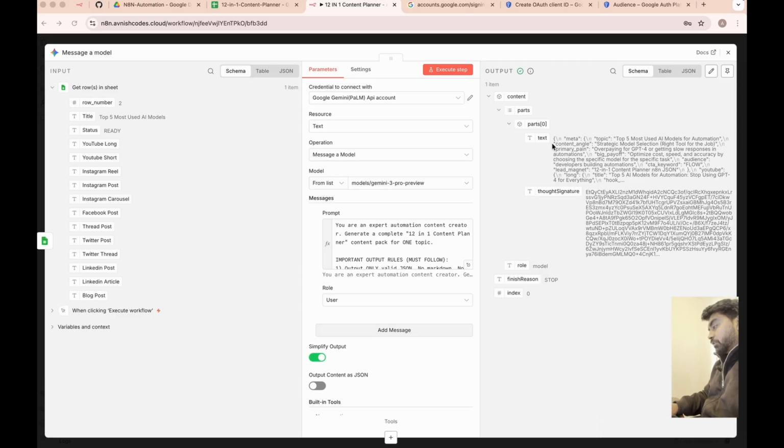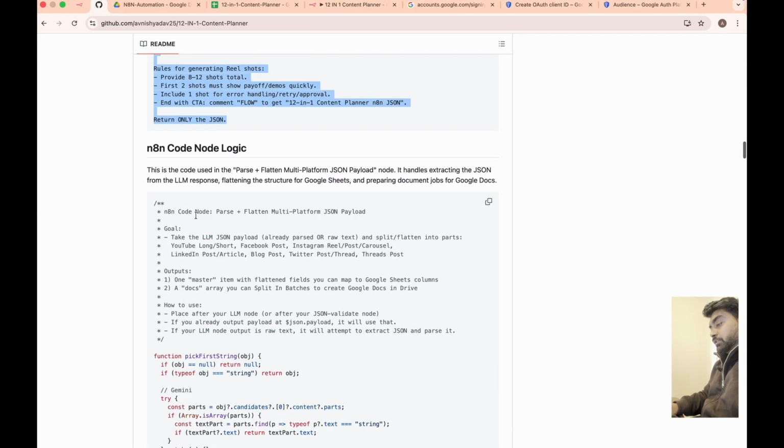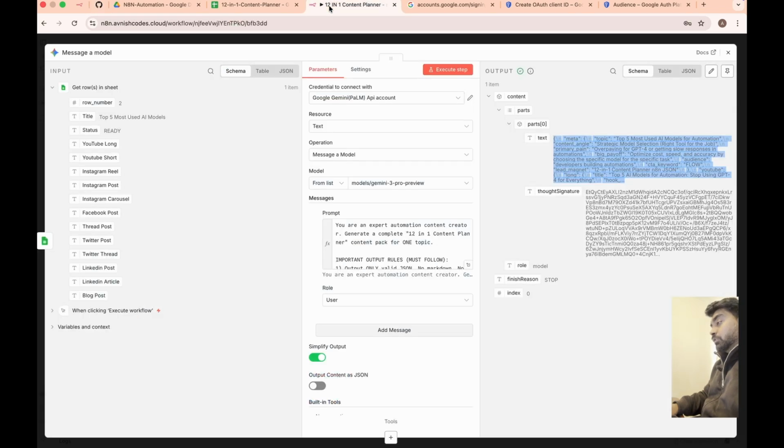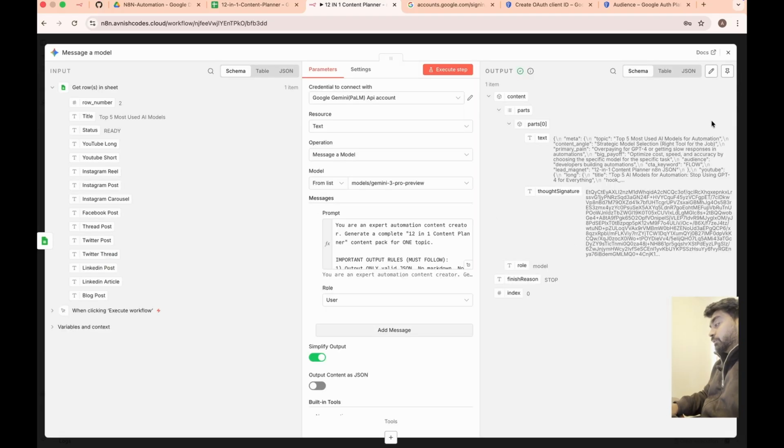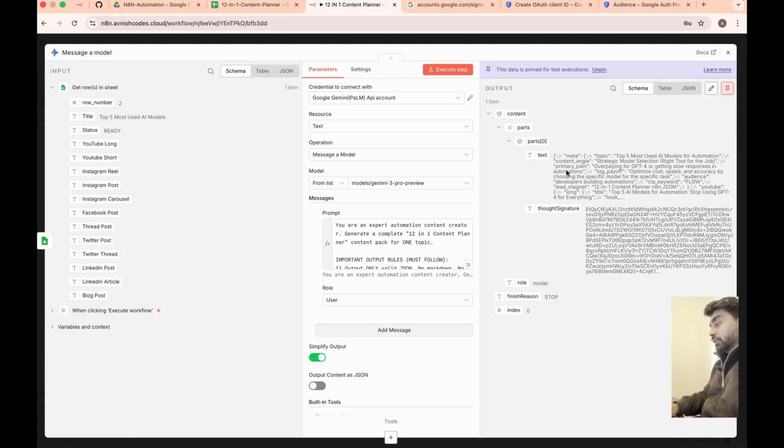So you see we get the response, and we get the response in JSON format. We need to parse it. For that I have added my code in the GitHub to parse it. You just have to go there and copy it. Open my GitHub, scroll down, and you will see this button. You just have to copy it, go to your content planner, and if you don't want to run this every time, there is a small tip for you. You just click on this, and it will stay as pinned data until you are in test mode. So make sure you click on that so that you don't unnecessarily run your API key.